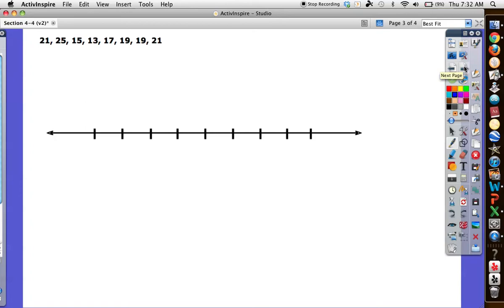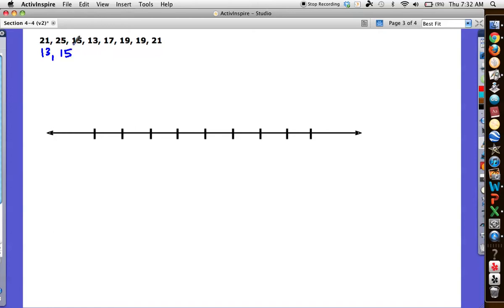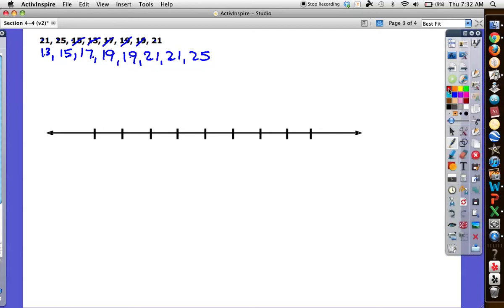Okay, we've got this data set right here. So let's put it in order. Okay, we have 13, 15, cross off as you go, 17, 19, 19, 21, 21, 25. Let's count. 1, 2, 3, 4, 5, 6, 7, 8. 1, 2, 3, 4, 5, 6, 7, 8. All right, now, if I have 8 numbers,